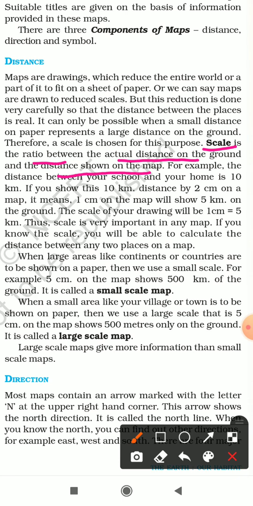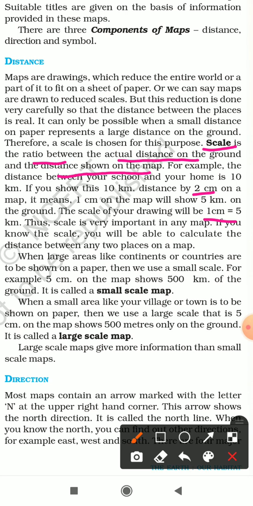But if you show this 10-kilometer distance by 2 centimeter on a map, it means 1 centimeter on the map or on the paper will show 5 kilometer on the ground. The scale of your drawing will be 1 centimeter equals 5 kilometer. Thus, scale is very important in any map. If you know the scale, you will be able to calculate the distance between any two places on a map.